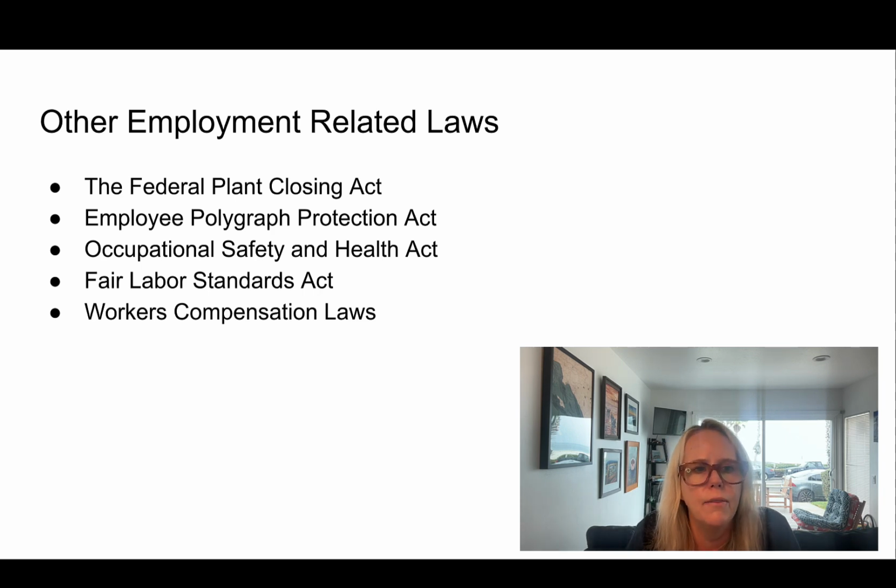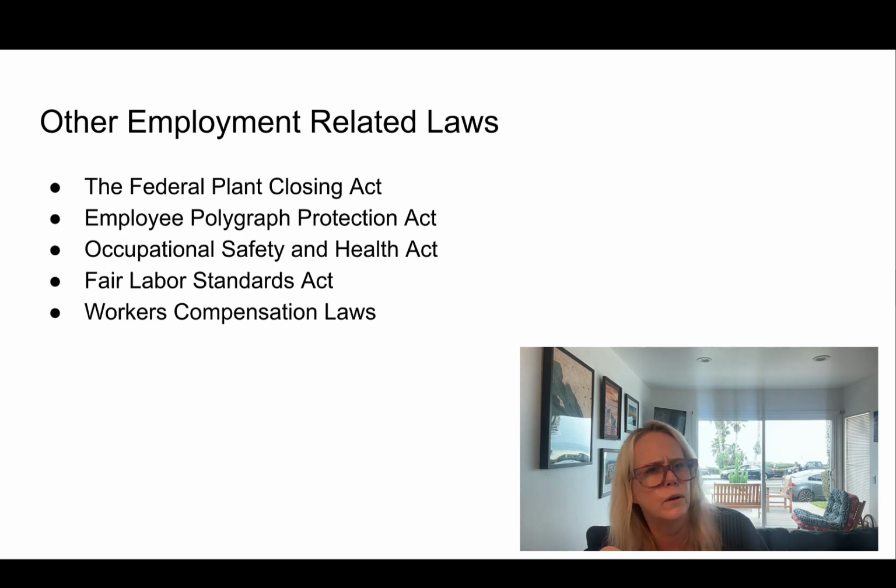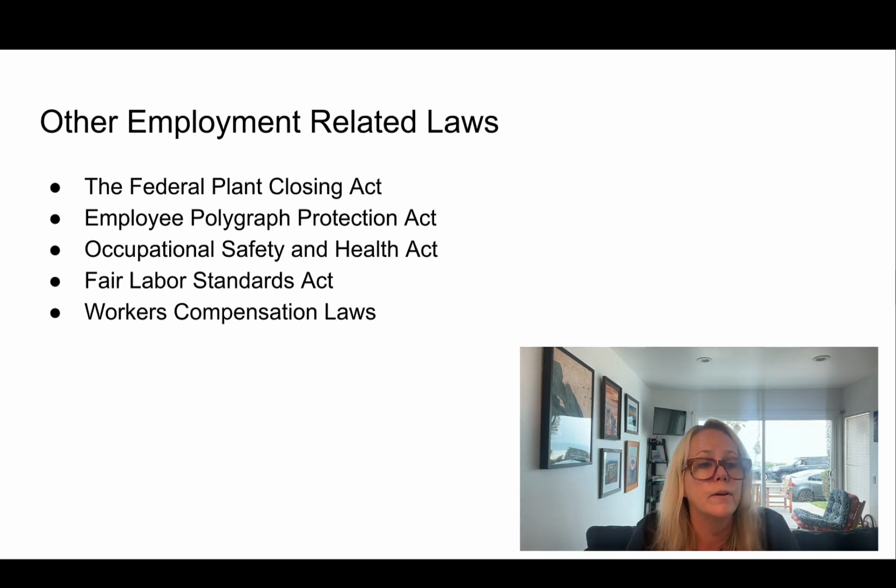Occupational Safety and Health Act, or OSHA, is legislation that keeps the workplace safe. And I think we've talked about OSHA, that's in statutory or administrative law, somewhere. Fair Labor Standards Act basically puts workplace protections in place. So things like there's a minimum working age, we can't send 12-year-olds to work, and it establishes the minimum wage. Also, workers' compensation laws basically say that if you get hurt at work, your employer has to cover the cost of your rehabilitation from that workplace-related injury.